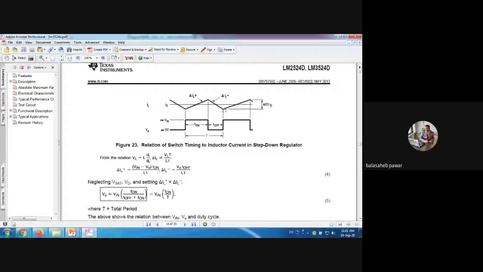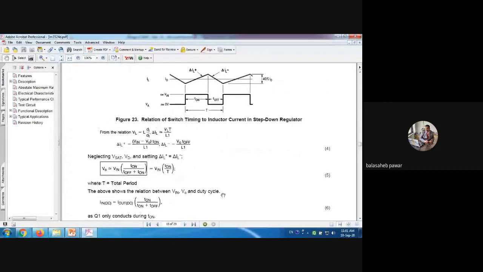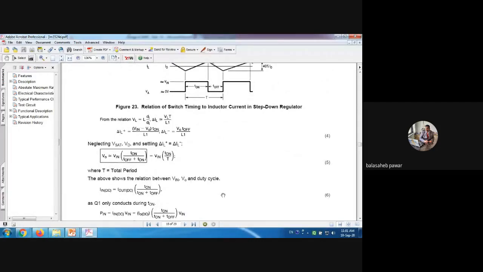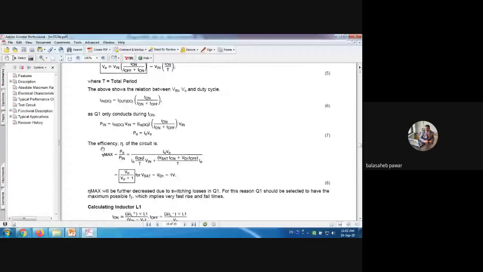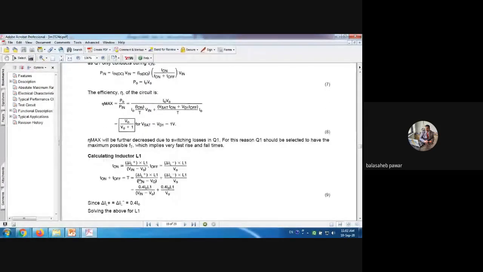Right. And those equations are also mentioned. Now in that video, whatever I told, that student also referred to the same equations according to this problem statement. Okay. So all these things you have to write in your journal while doing that first assignment. That is design and development of SMPS for 5 volt and 1 ampere current rating. Right.